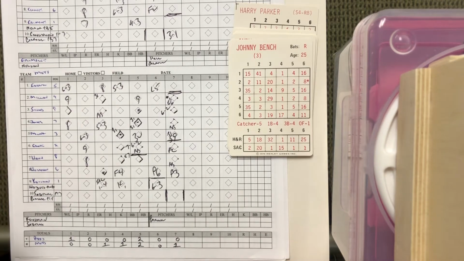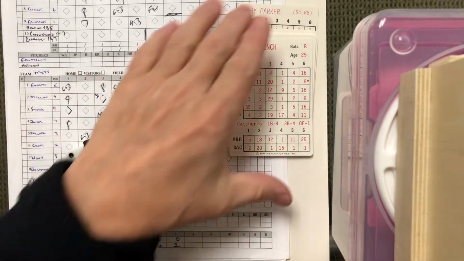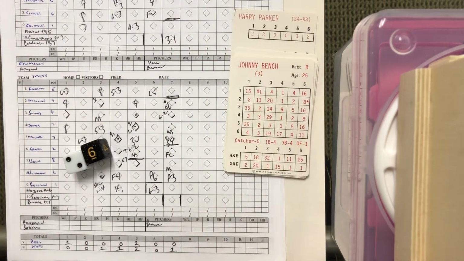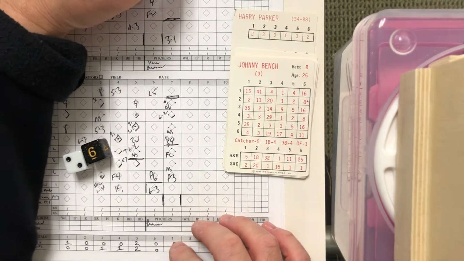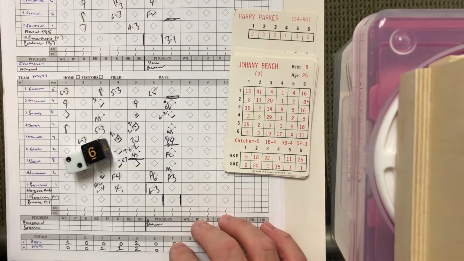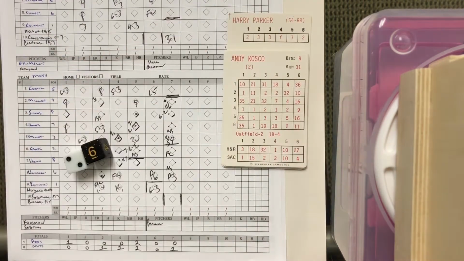Bench 1 for 2. 5-3 Mets, top of the 8th. The pitch to Johnny is a base hit for the Reds catcher. Center field drops in front of Hahn. Here comes Costco. They're going to let him bat,